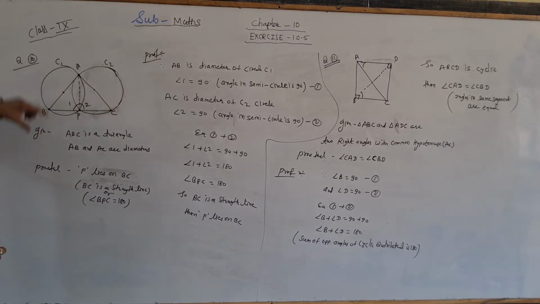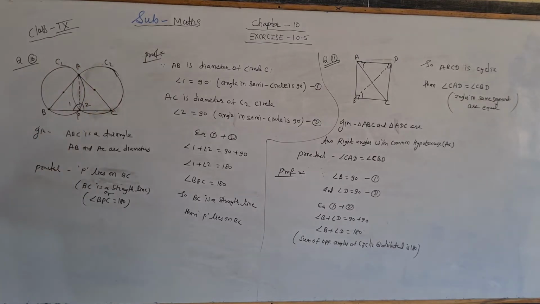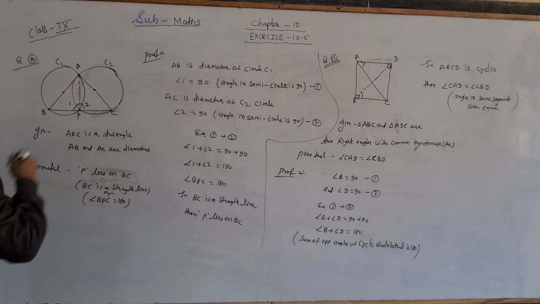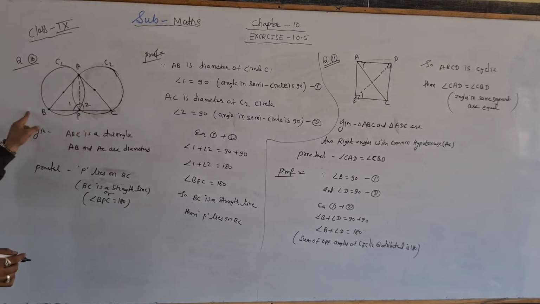And in which triangle, AB and AC we have to take as diameter. We have to take AB and AC as diameter and construct two circles like this. So as you can see, the point of intersection, this is first and this is second. The question is saying about this point. The point of intersection P lies on the third side.